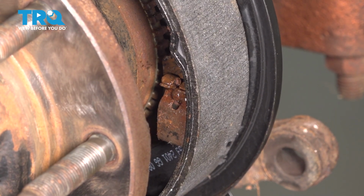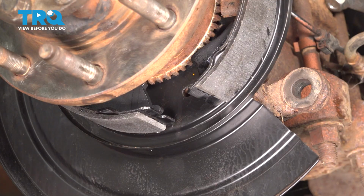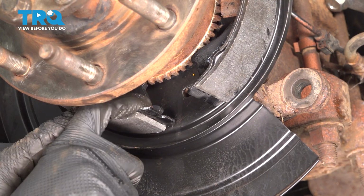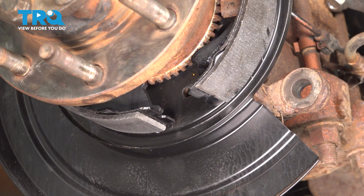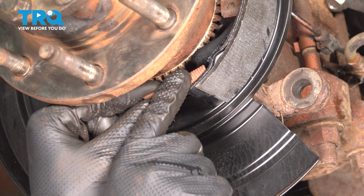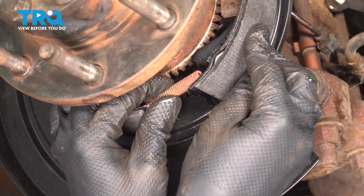Okay, make sure that's fully seated, and then we'll do the same to the other side shoe. Let's put in the spring and, of course, the adjuster at the bottom. The spring goes into a couple little cutouts that are right at the base here where it's a little bit difficult to see. So I'm going to put that in first because it's easier to push these shoes together to